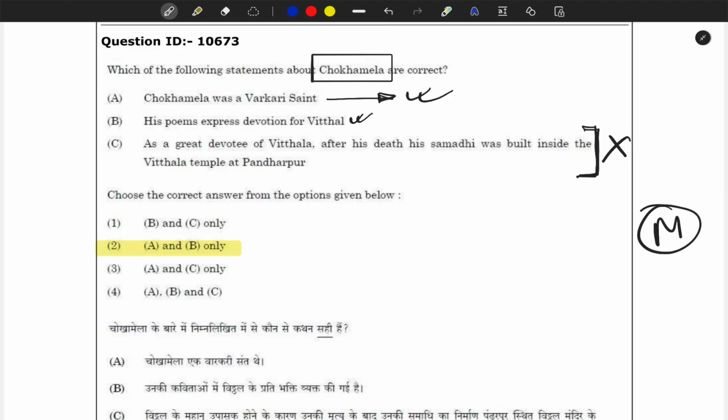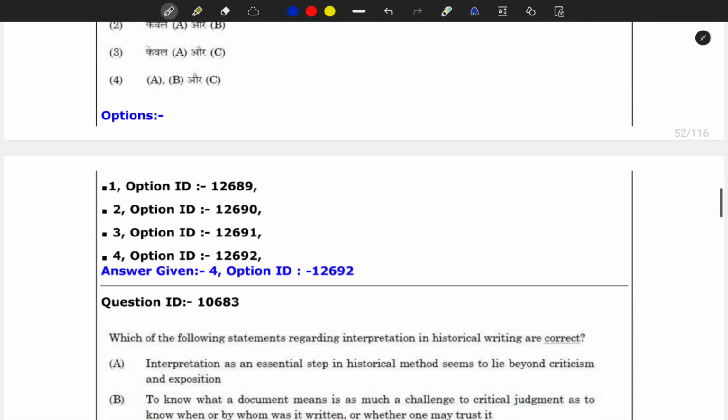But it was not helping me because here they mentioned the exact fact, and here also they equated him with the devotion of Vithala. So if you have some background knowledge, you can get some questions correct. So the next question is that,